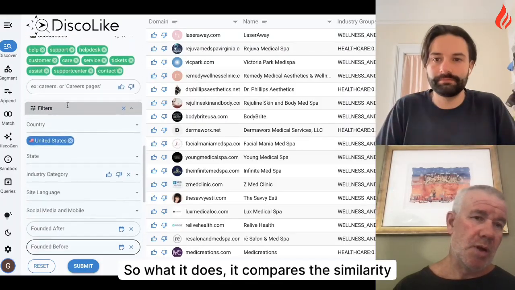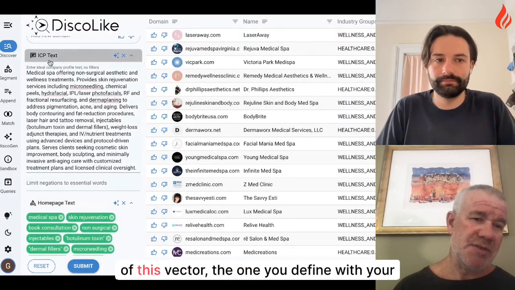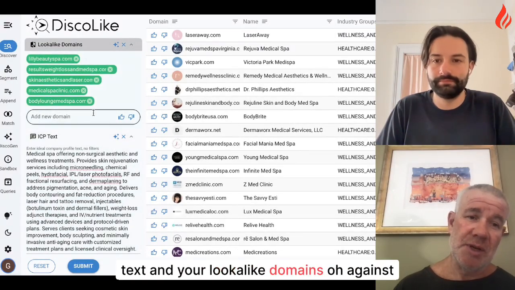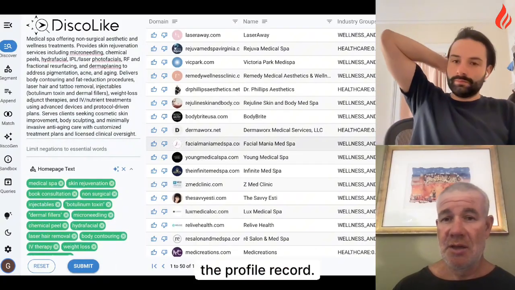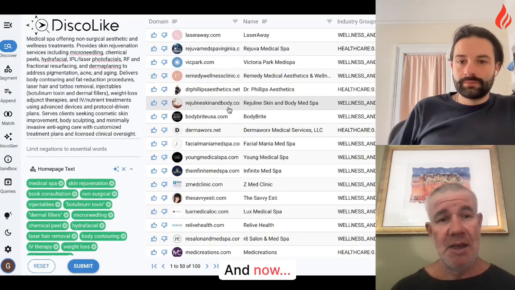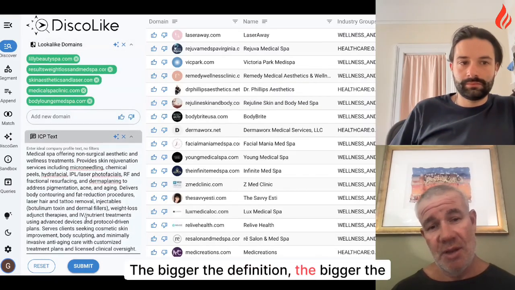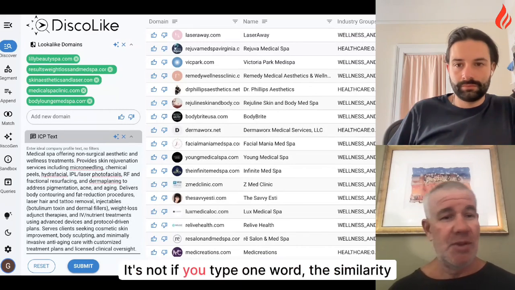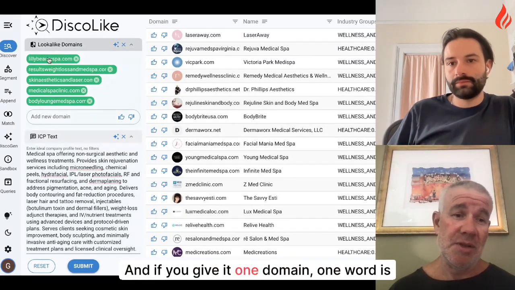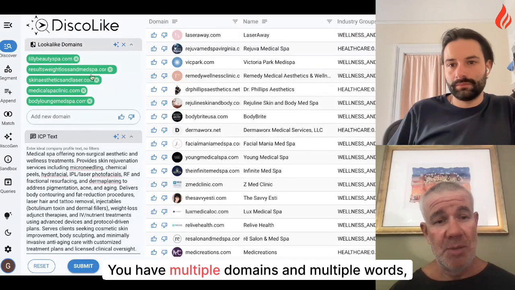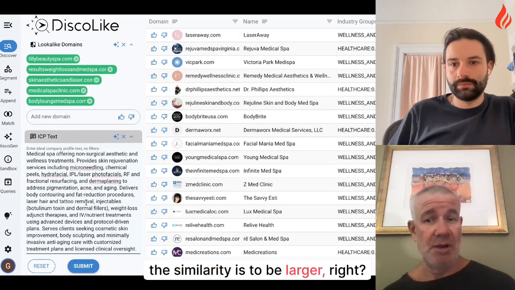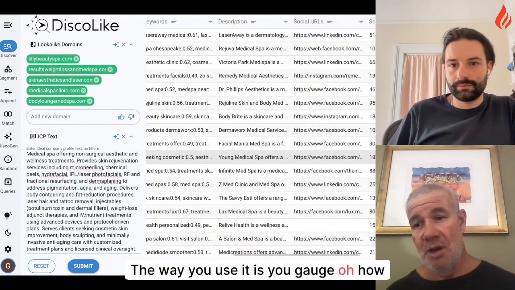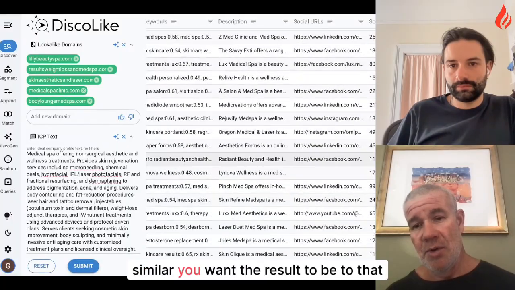So what it does, it compares the similarity of this vector, the one you define with your text and your lookalike domains, against the profile record, right? Now the bigger the definition, the bigger the overlap, the bigger the similarity. So that number floats a little bit. If you type one word, the similarity is going to be lower. And if you give it one domain, one word, it's going to be low. You have multiple domains and multiple words, the similarity is going to be larger, right? But you're absolutely right. The way you use it is you gauge how similar you want the result to be